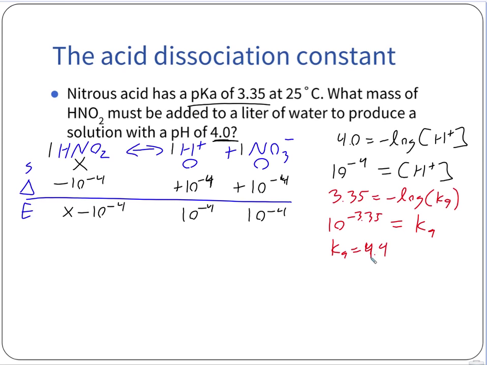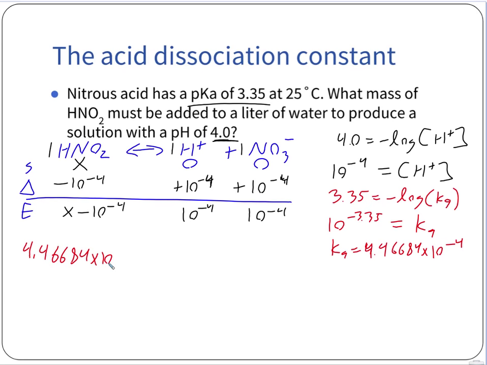so Ka is 4.46684 times 10 to the negative fourth. Okay, so I can put that in. All right, so we have 4.46684. I just messed up my little thing here. Try it again. 4.46684